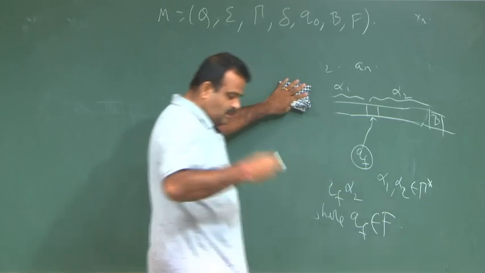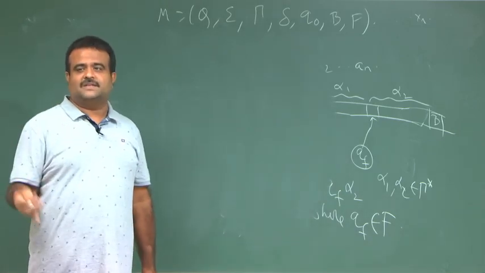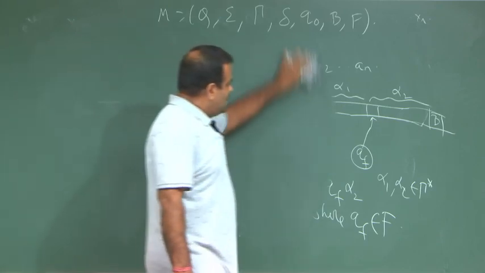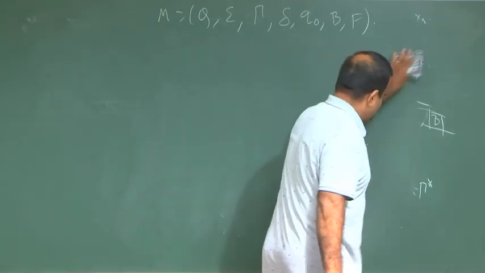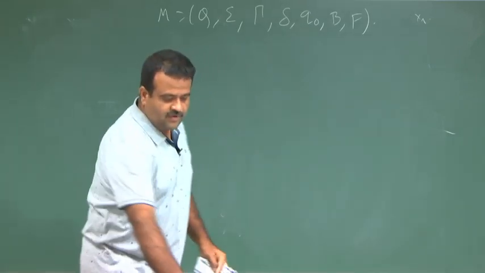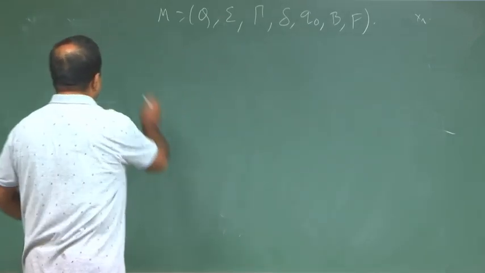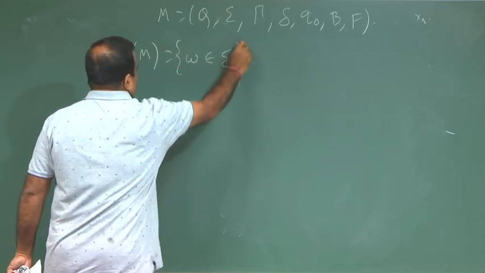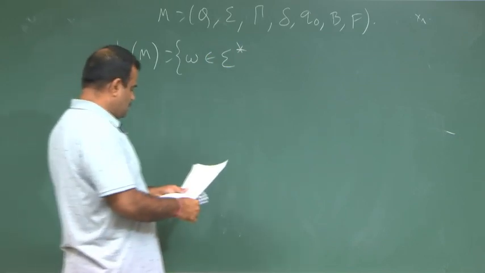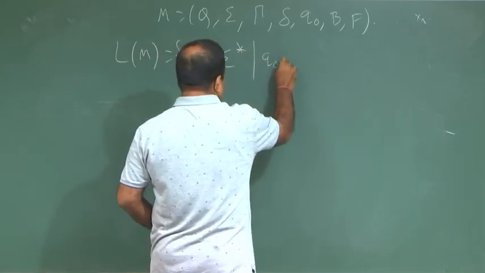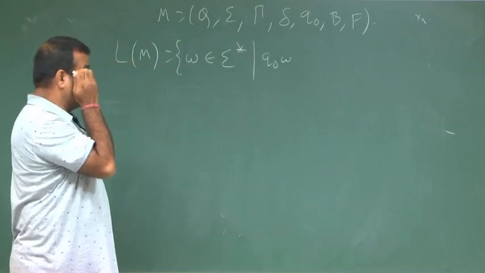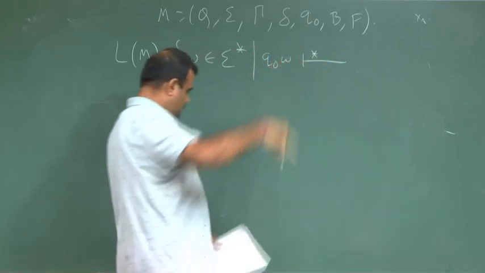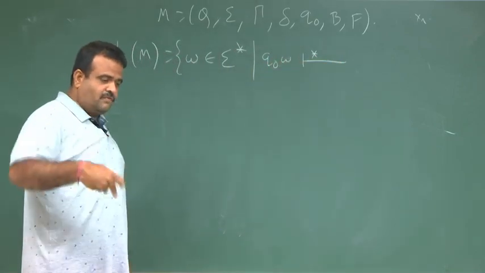So, in the middle of the execution, once we reach a final state, then the machine will halt, and that string is the acceptance string. So, we define the language of M like this. This is the set of all W. We start with this. This is the initial ID of the machine, and recursively with many moves of this